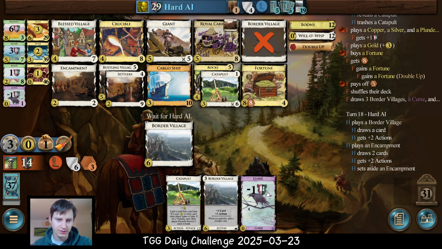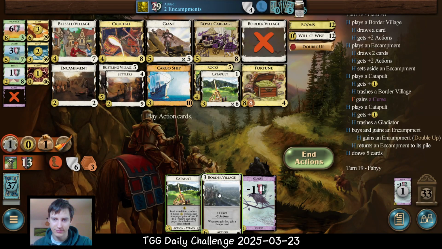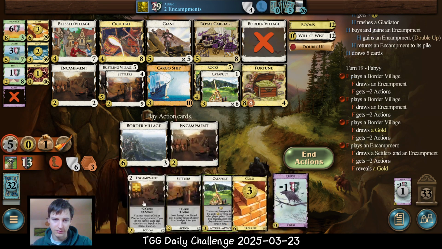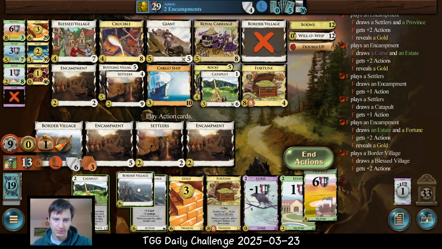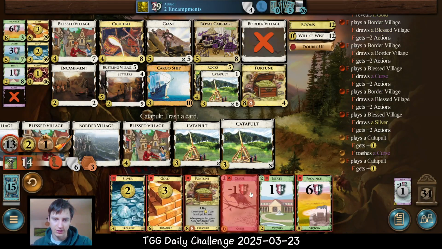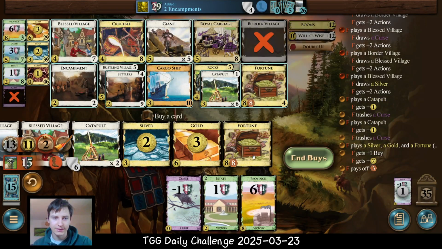At this point, yeah, we just want to get drawing. We really want to get drawing. Trash this border village. We have about 3 turns of time, maybe a bit more. And nice. Our deck does start to come together a bit just in time, I believe. Let's trash out 2 curses, I think we need to trash out 2 curses just to keep a bit more money around. And now this means that we can